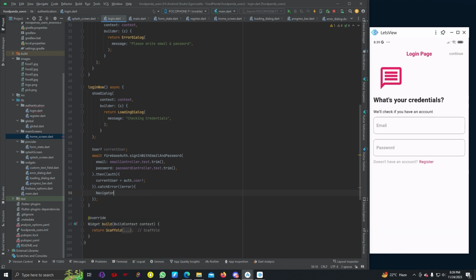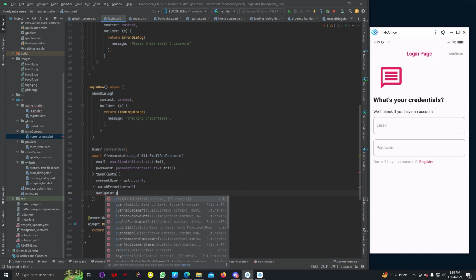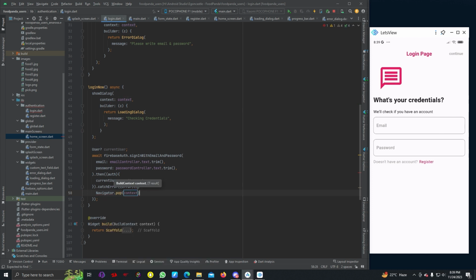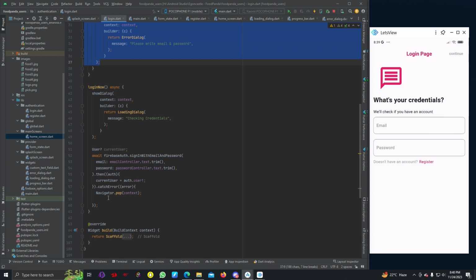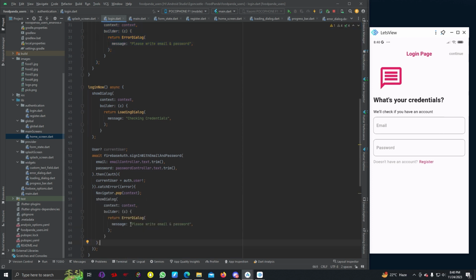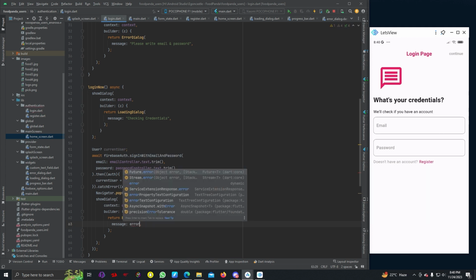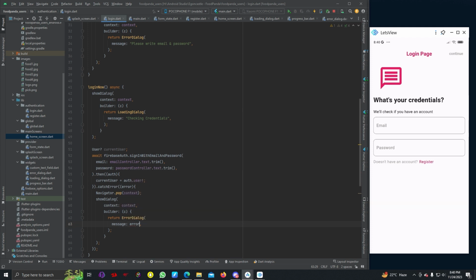I can just write navigator dot pop context, and I can add another error dialog here, and instead of this I can write error dot message dot to string,